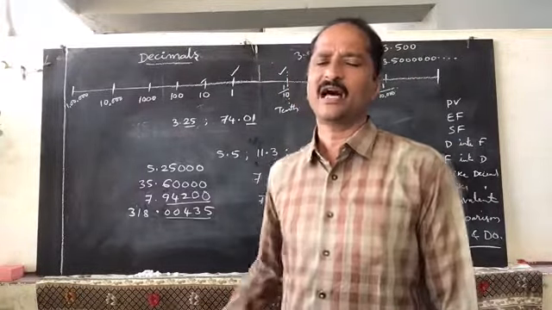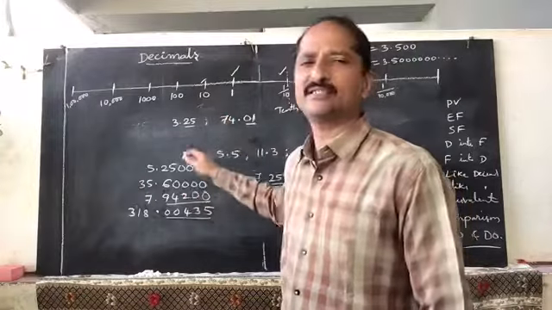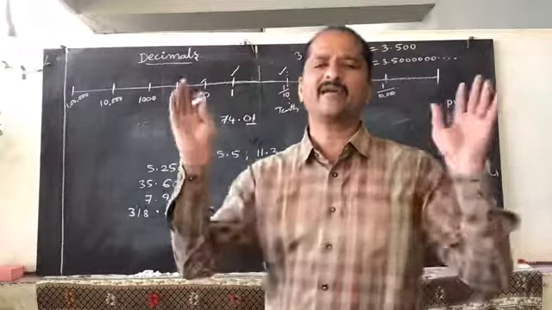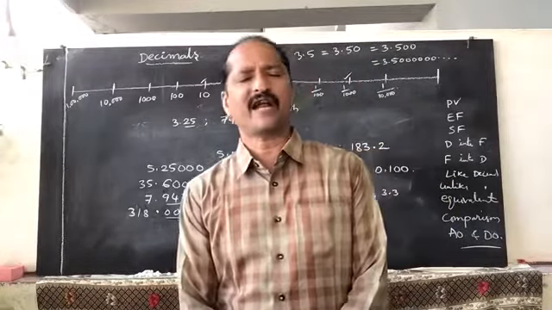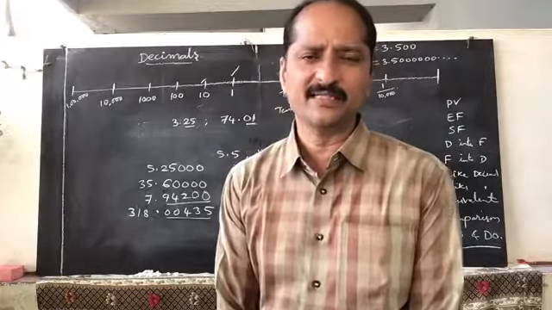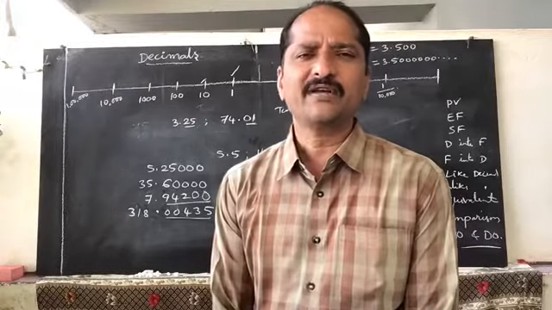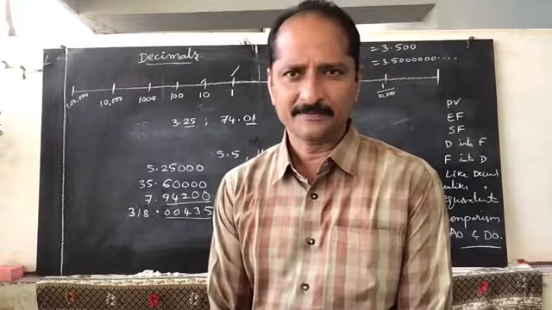In this way, after converting these unlike decimals into like decimals, you can add or subtract. You can add or subtract. So for subtracting or adding of unlike decimals, we should convert them into like.